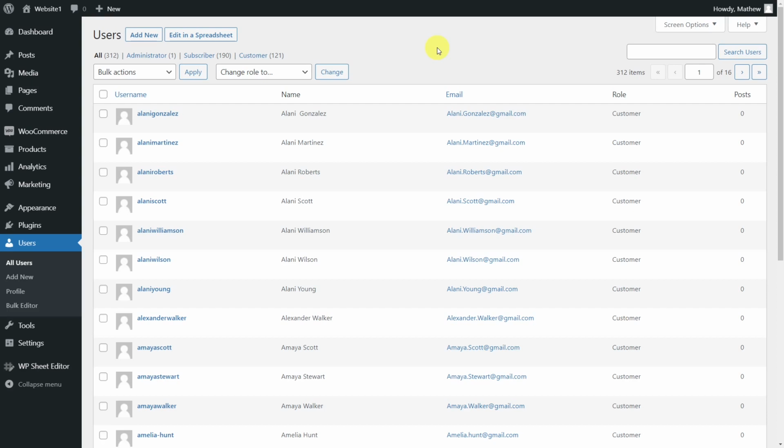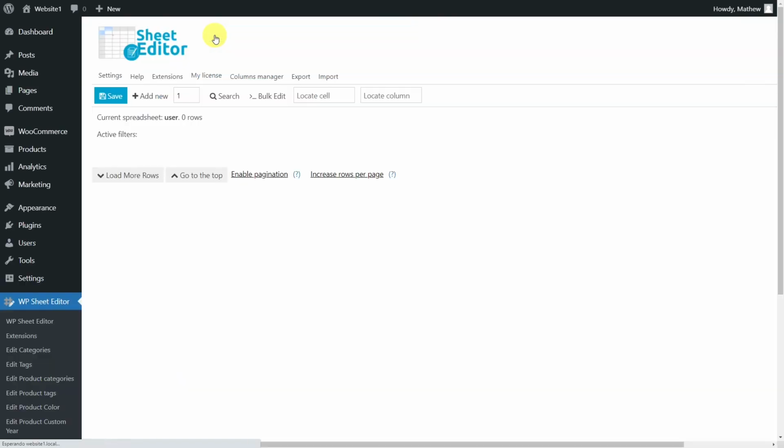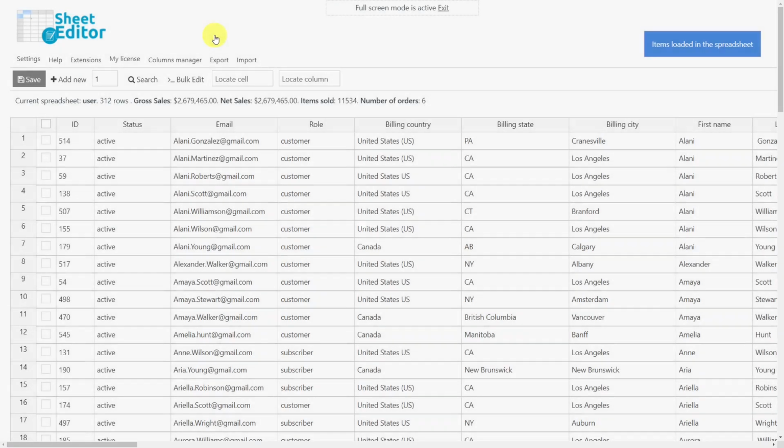calculate total sales by country, state, or city using the WordPress User Spreadsheet plugin. This plugin helps you easily find and edit lots of users with its powerful search tool and export all the